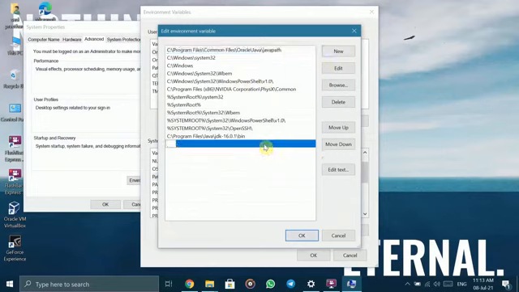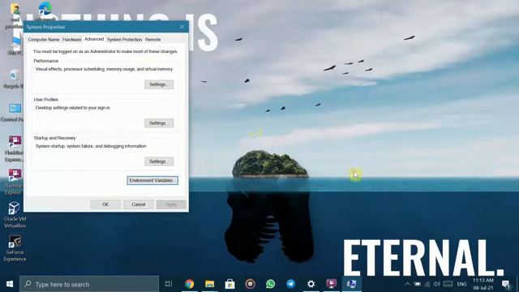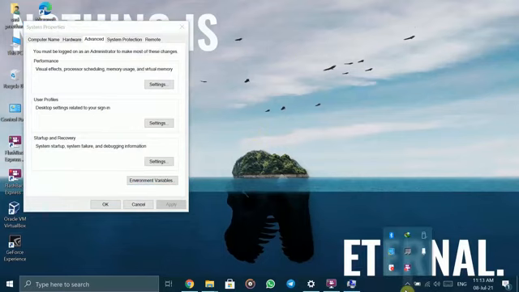Just paste the copied address and press OK, and then OK. This is how the Java installation has been done.